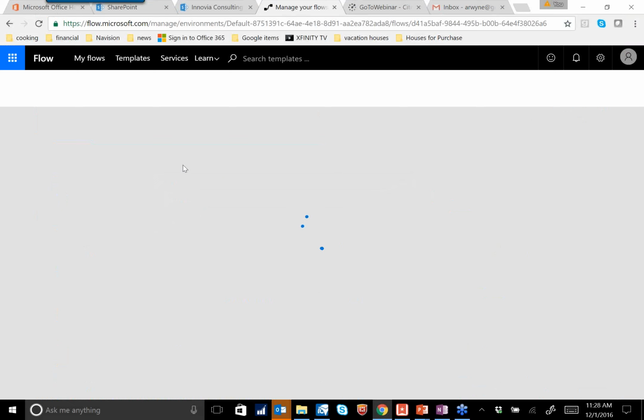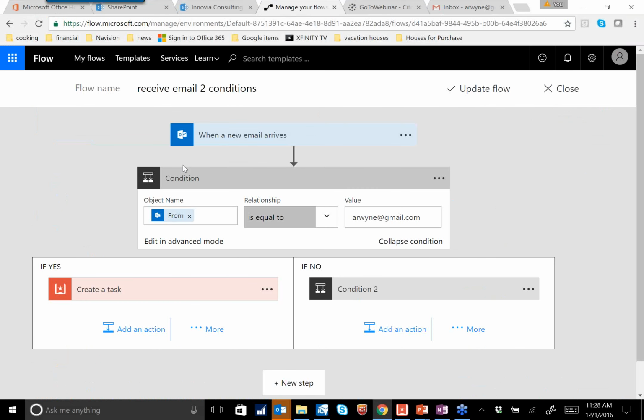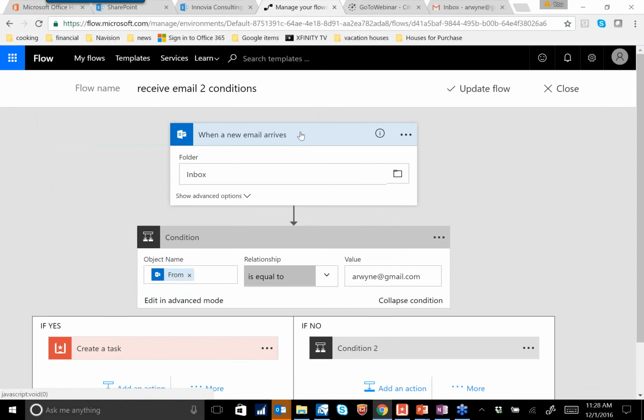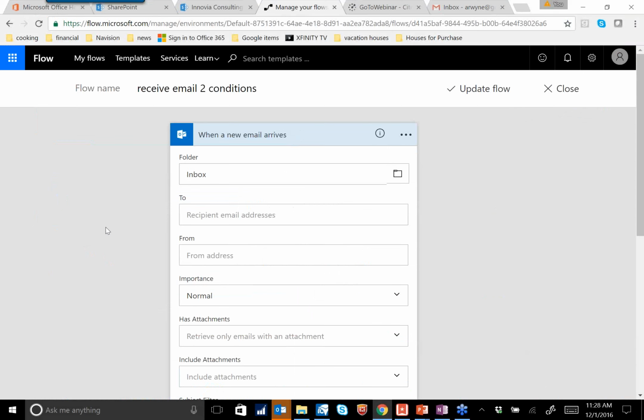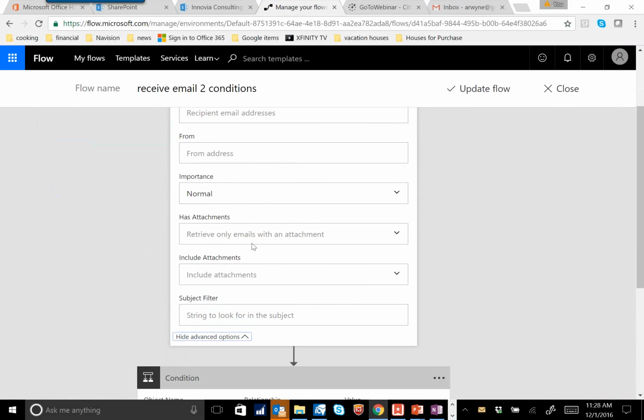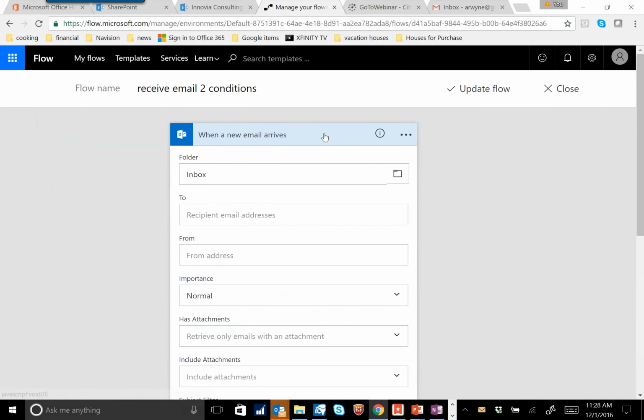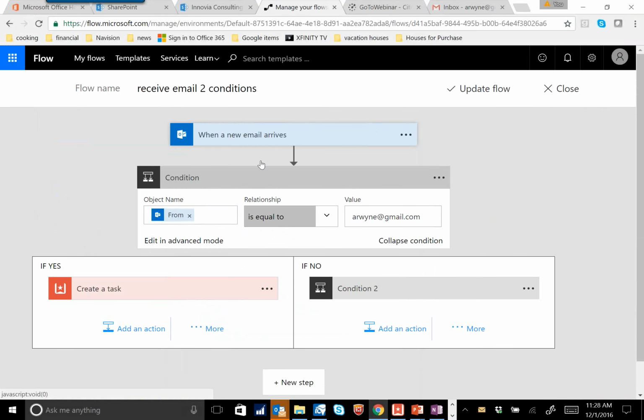The other thing that you can do in Flow is have what are called conditionals. So here's my flow for kind of watching emails and deciding what I want to do with them. And yes, if you understand Exchange and rules and Outlook, you can do all this that way too, but here's a little bit more expansive capability. I want it to watch my inbox, and that's all I want it to do. When emails come in, I want it to do it. But then I'm going to evaluate them. So I have a condition here, and it says, look, where it's coming from, if it's equal to my Gmail account,